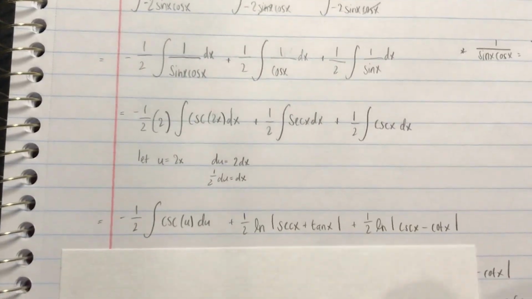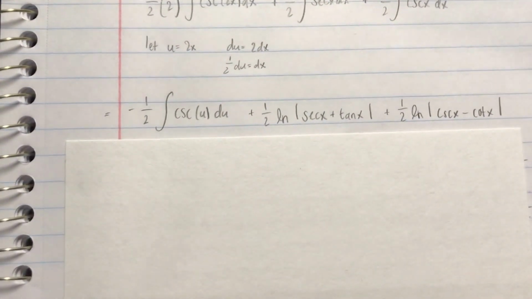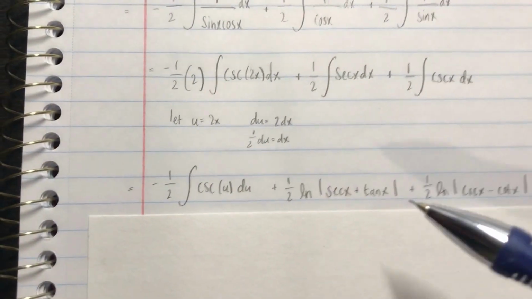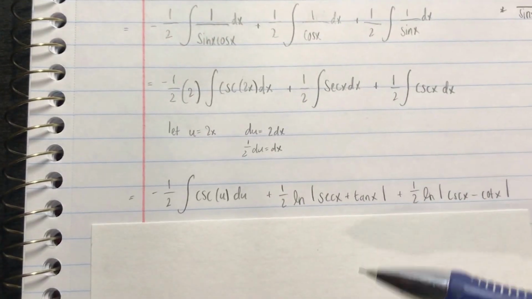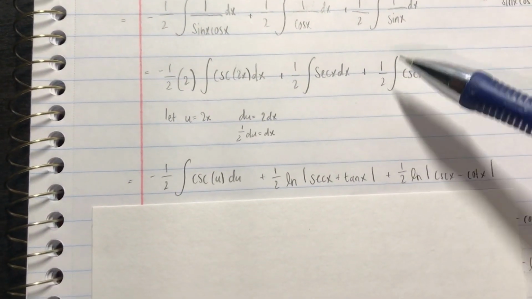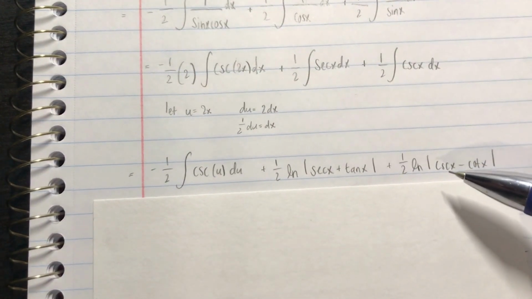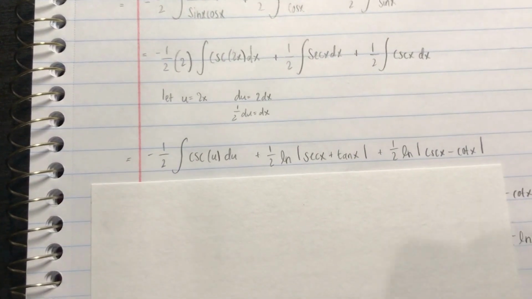Plugging all of this back in, what we get is negative 1/2 the integral of cosecant of u du plus 1/2 the ln of the absolute value of secant x plus tan x, which we got from the integral of secant x dx times 1/2. And what we get from the integral of cosecant x dx is the ln of the absolute value of cosecant x minus cotangent x, and of course we have to multiply that by the 1/2 constant that we had